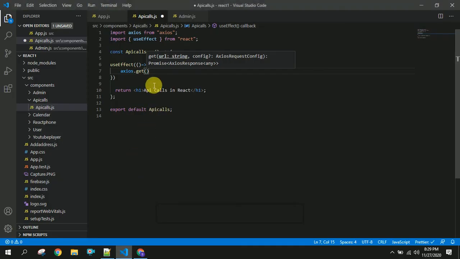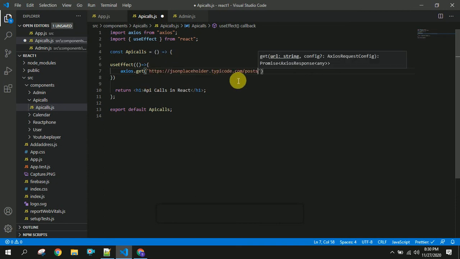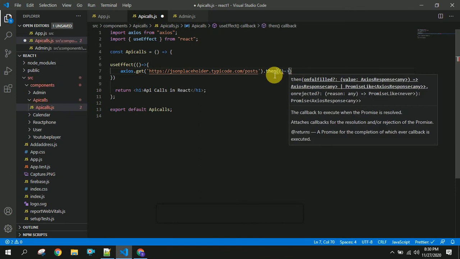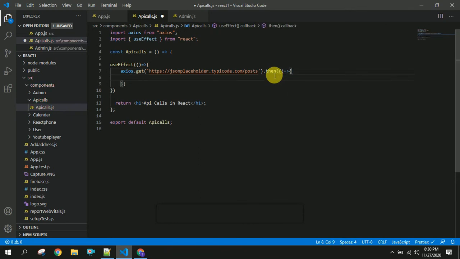I am going to paste it here, and then I am going to log this in my console by using console log. So I will see what it will get.